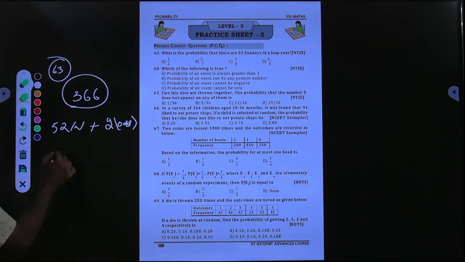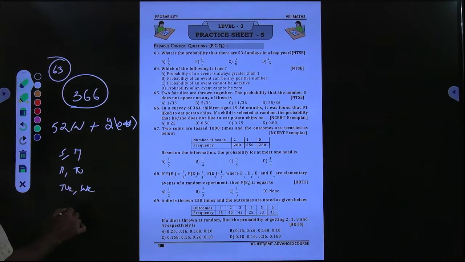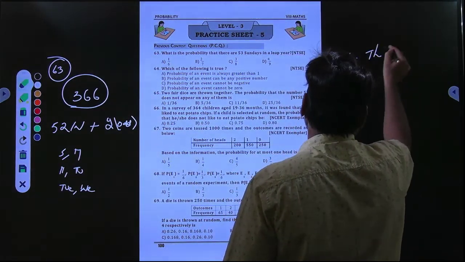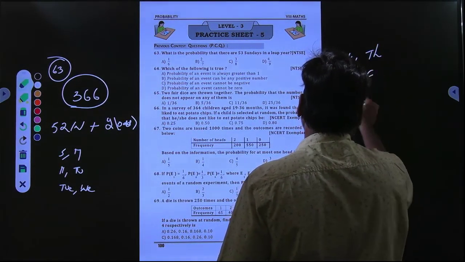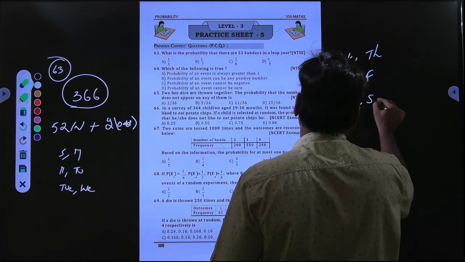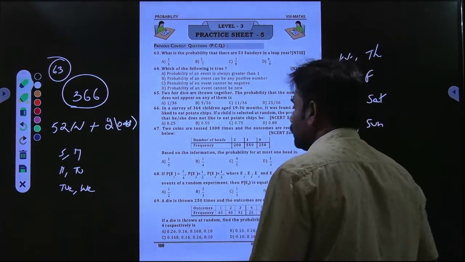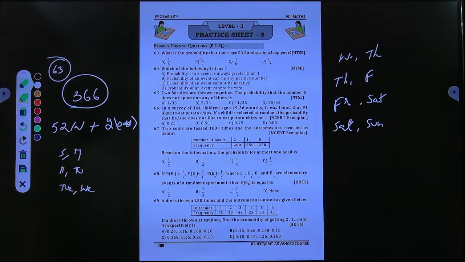Those remaining 2 days may be either Sunday, Monday. This is one of the possibilities. Or Monday, Tuesday. This is another possibility. In the same way, next possibilities: Tuesday, Wednesday, or Wednesday, Thursday, or Thursday, Friday, or Friday, Saturday, or Saturday, Sunday. These are the possibilities. But we need one more Sunday. Already we got 52 Sundays, so to get one more Sunday,